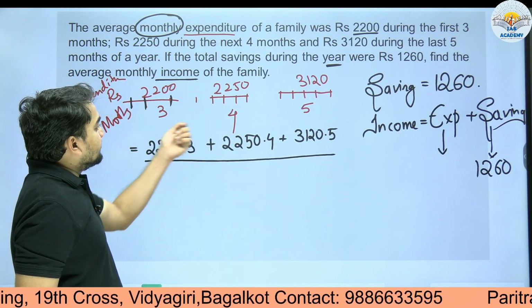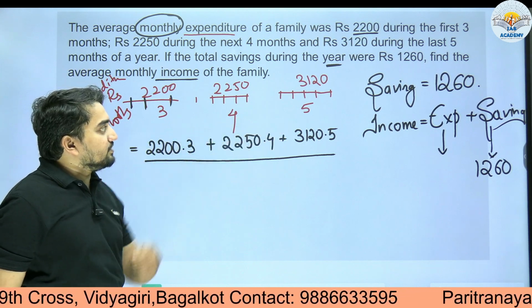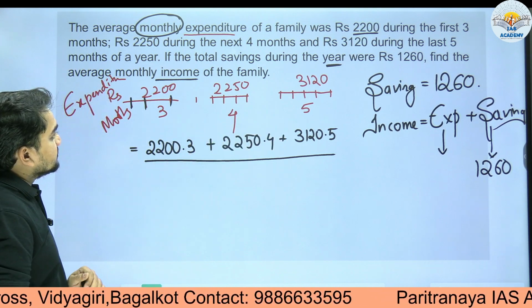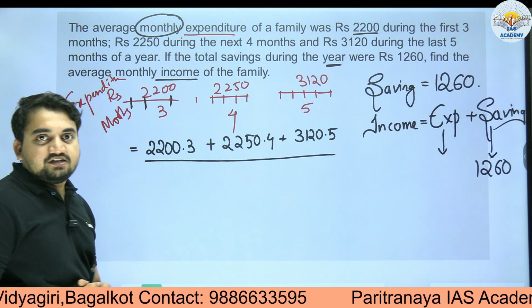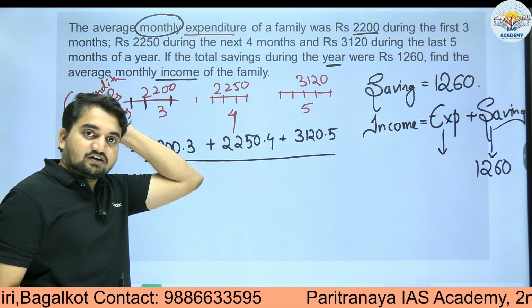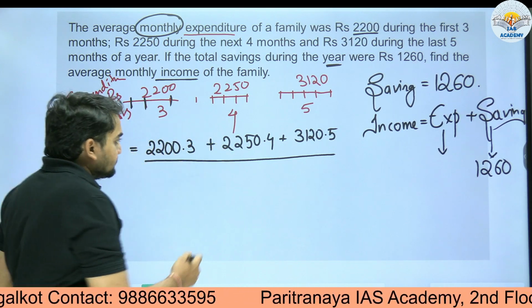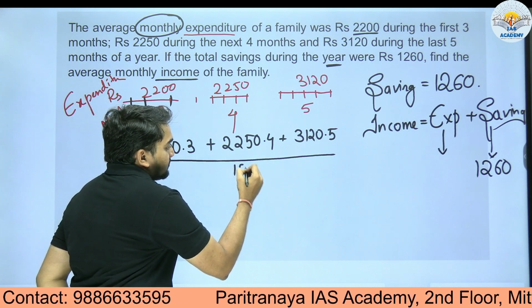Whole divided by how many are there? 3 plus 4 plus 5. How much is it? 7, 12. Obviously, it is given year-wise, so you will get 12 months only. So that means for 12 months,